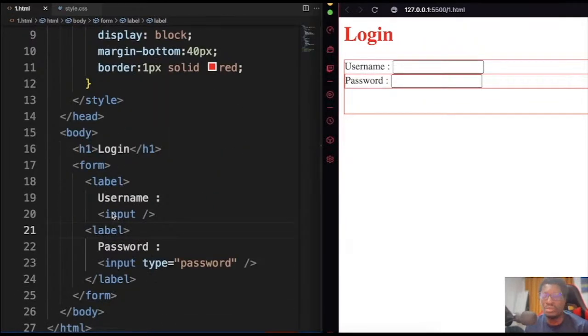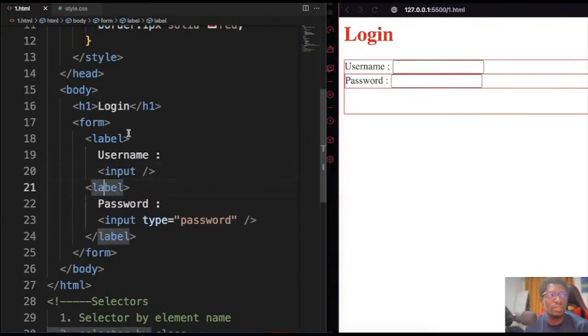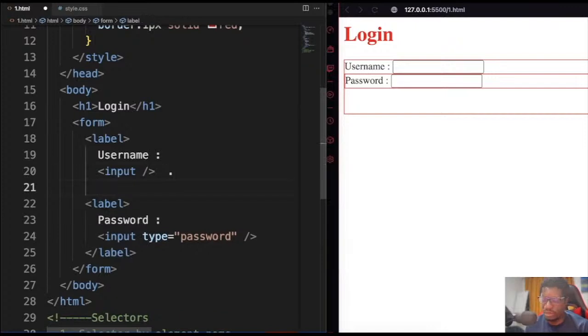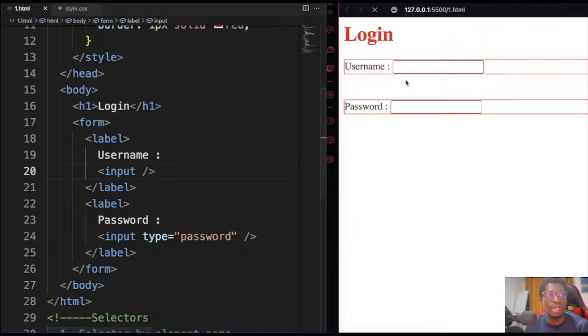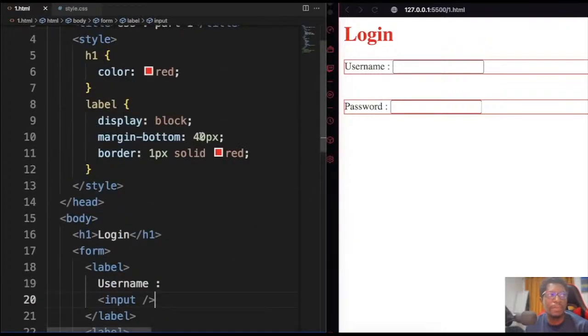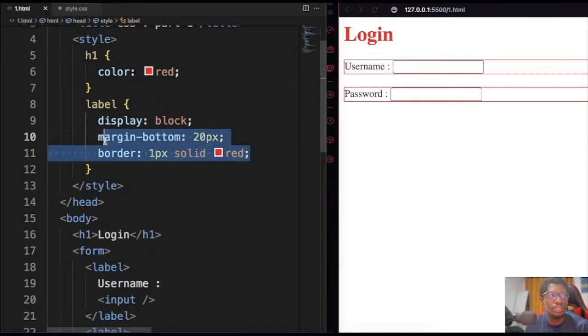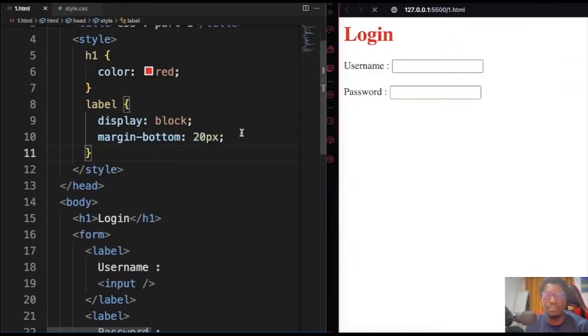And that's when we talk about HTML. If you've learned your HTML very well, you should be able to catch this error. So first thing is we didn't close this label here. So I'm going to close it properly by doing so. This will close the label and I should have it broken down this way. Okay, so let's go back to what we're doing. Then I can remove this border. The idea of me putting that border was for me to see what's happening, and why it was not done